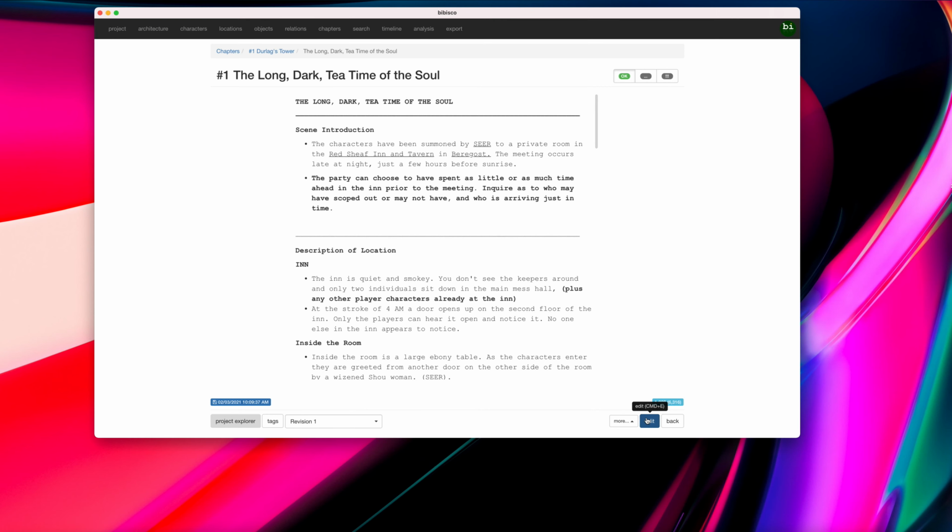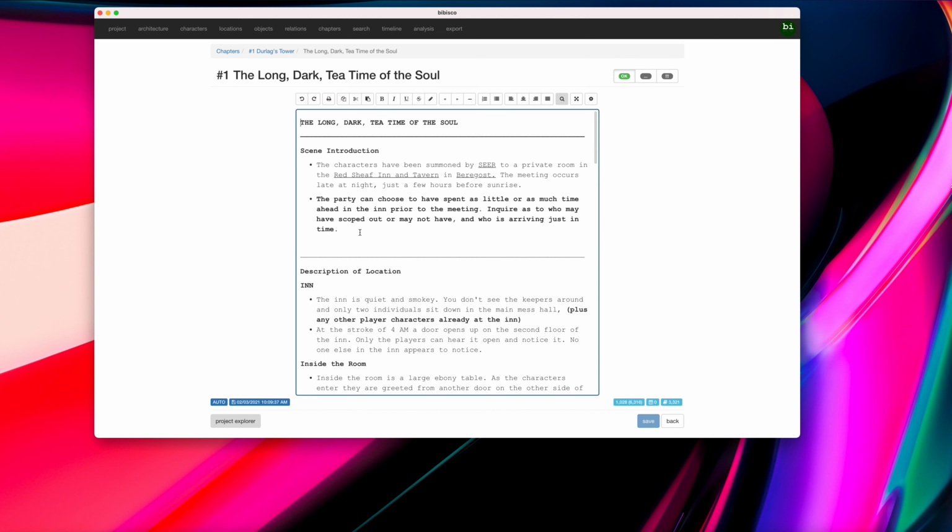So let's go into the editor here really quick and just take a look at that interface. What I've done is set a title in the text box itself in addition to this title here. The reason I've done that is because you can export a project from here using the export tool. It'll export your entire project, but it currently can't export on a chapter by chapter basis to something like Word. But what it can do is, inside here, you can print